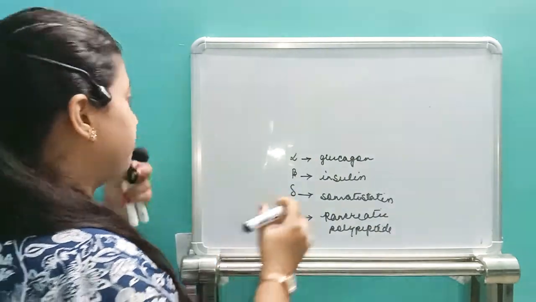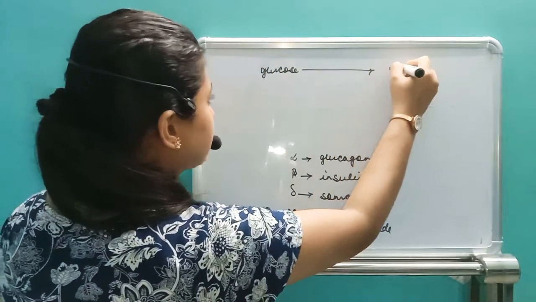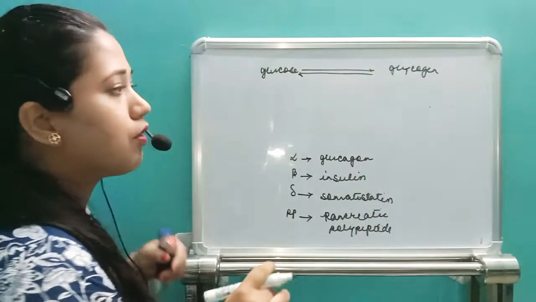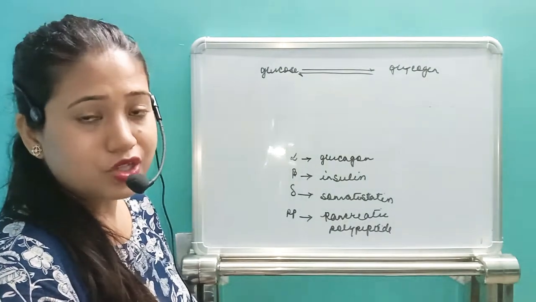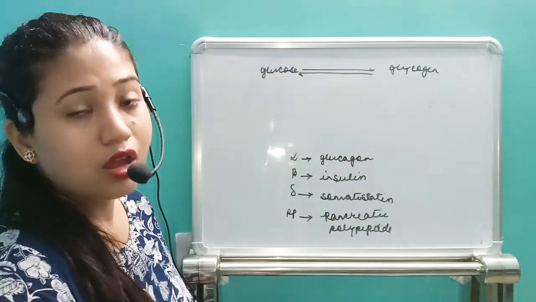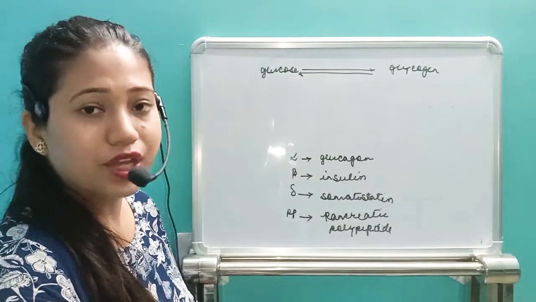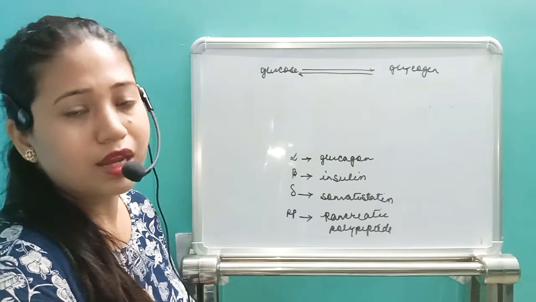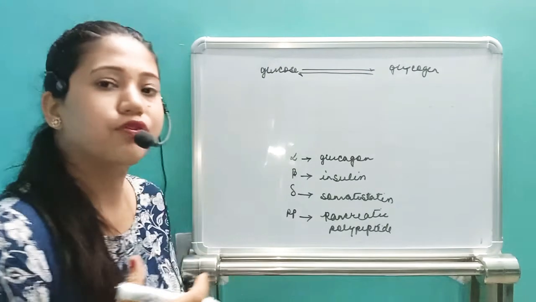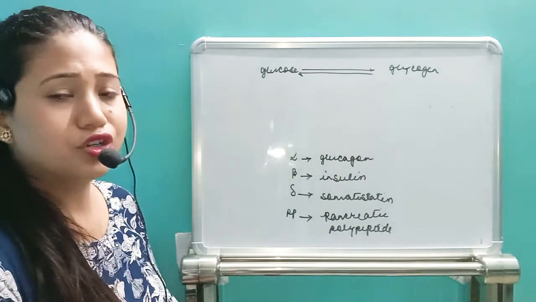First of all, glucose is converted into glycogen, and glycogen is converted into glucose. This is how we produce energy from glucose. ATP is not shared by any cell; every cell has to produce its own ATP. Glucose is very necessary for the cells so that they can carry out metabolism, differentiation and other processes. Suppose you have just had lunch; then you will have carbohydrate, and after digestion you will have glucose.